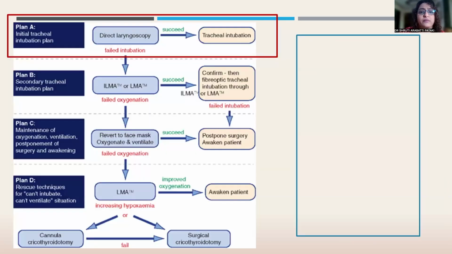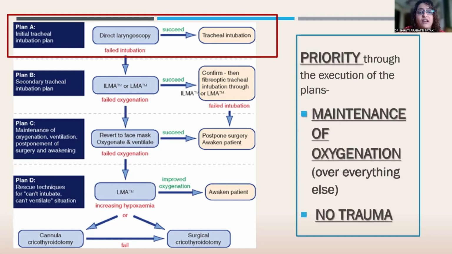The plan is always going to be tracheal intubation. We would always love to do the laryngoscopy, look at the cords, put in the tube, and your day is done. But the second generation LMAs that we're going to talk about today are providing more protection, giving you more benefits in terms of less hemodynamic response. They have better airway pressures also. They're going to reduce your airway pressures also, thanks to the design. So we'll be looking at all of that. The thing is, LMAs are now almost on par, equivalent to endotracheal intubation when it comes to elective surgeries and as rescue devices when intubation probably fails.